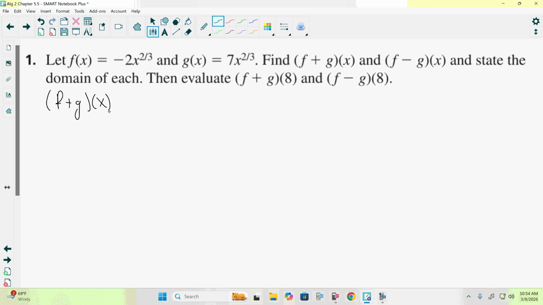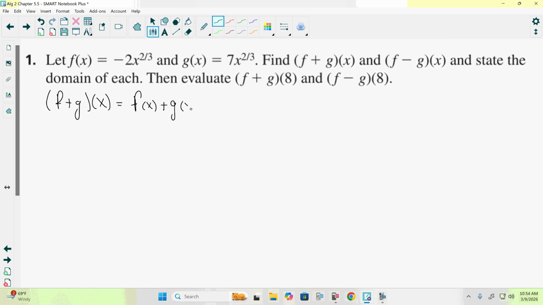We're going to look at it again. We'll do some more addition, subtraction, more multiplication, division to round this out. So let f of x be negative 2x to the 2/3 and g of x be 7x to the 2/3. Find f plus g of x and f minus g of x, and then evaluate both of them when x is 8. Now f plus g of x is really just saying